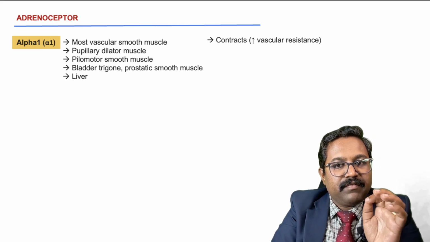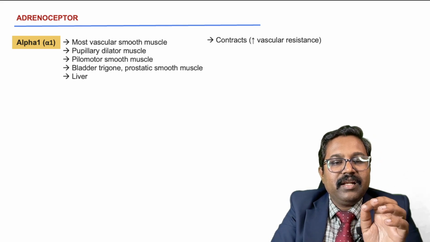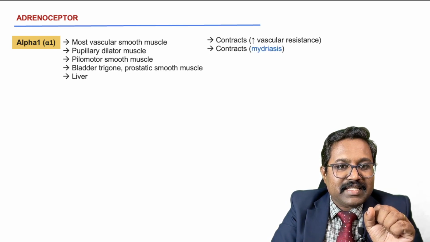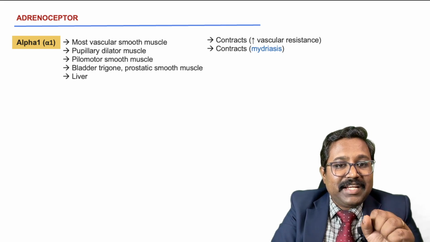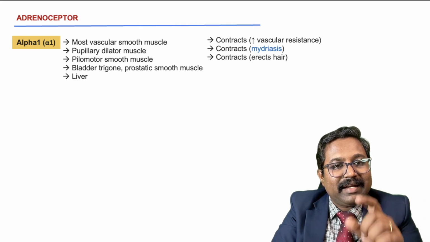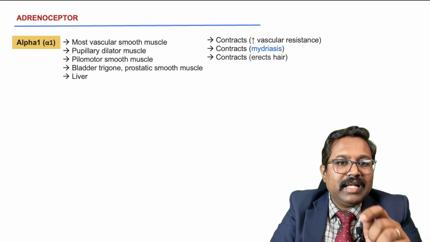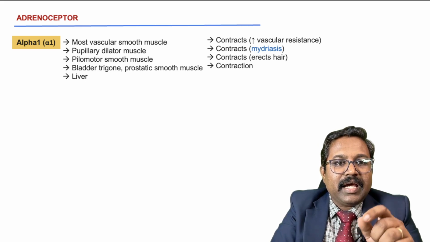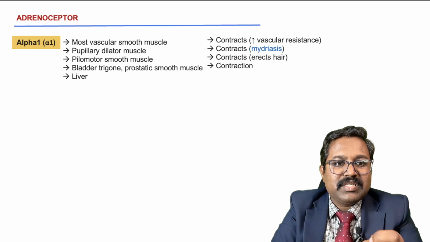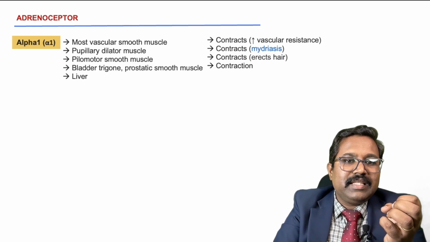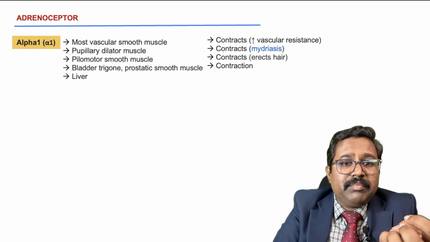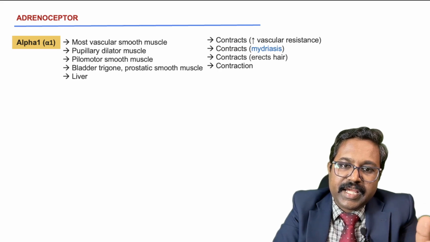Activation of alpha 1 on the radial muscles of the iris will cause contraction, leading to mydriasis, that is, dilation of the pupil. Pilomotor smooth muscle activation will also lead to contraction, leading to erection of the hair. Bladder trigone contraction will occur, and the smooth muscles in the prostate will also contract, leading to retention of urine, which may be very difficult in case of